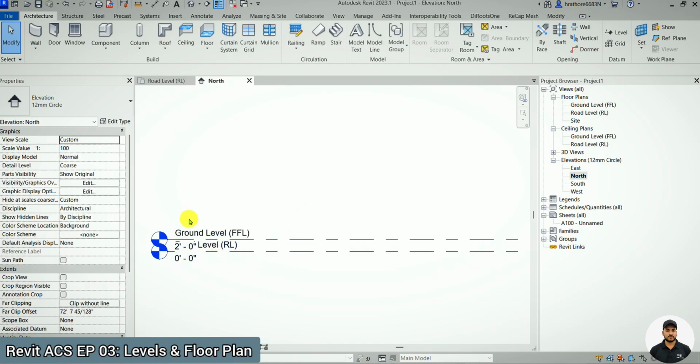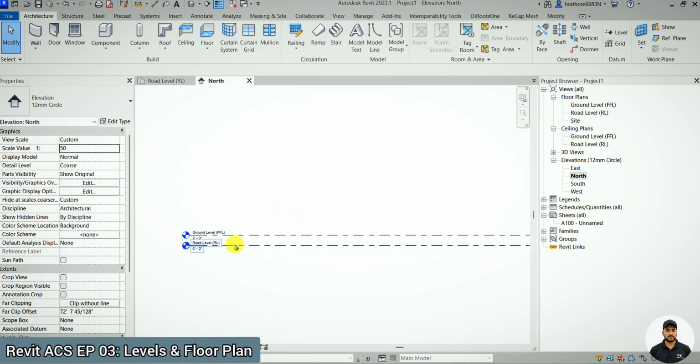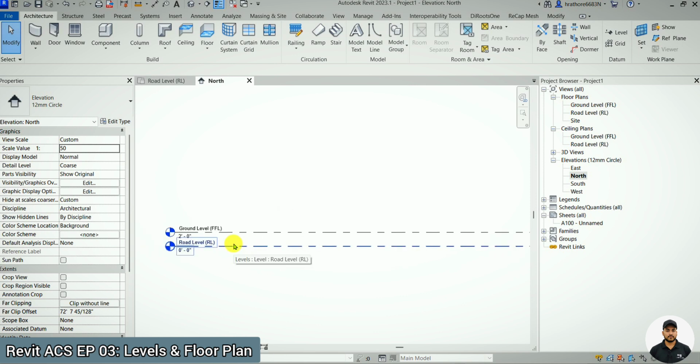So for changing the size of the text which is available on the levels, you can change the scale of the view. So for now I'm changing the scale of the view. Okay, now we